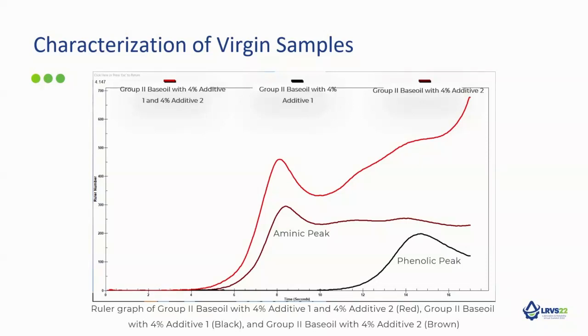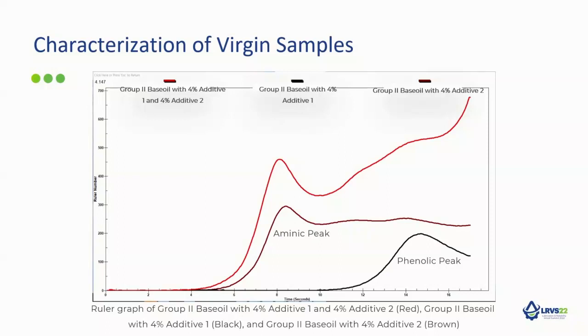and the total is equivalent to the sum of its parts. In the ruler graph shown, we would like to illustrate how this is not particularly true in this case. The black line represents 4% Additive 2, or the phenolic antioxidant in Group 2 base oil. The brown line corresponds to the aminic antioxidant, or Additive 1, in Group 2 base oil at 4% as well. The red line is the mixture of the aminic and phenolic antioxidants mixed at the same time at 4% of